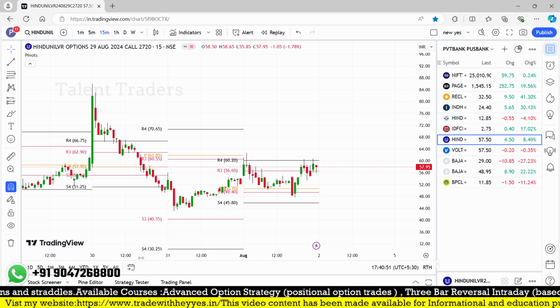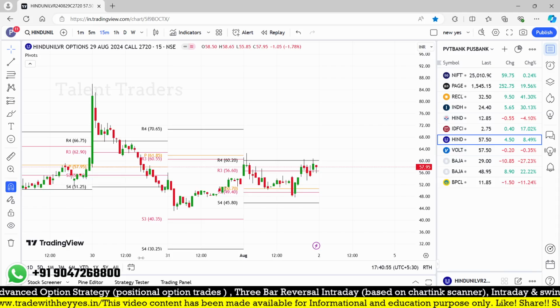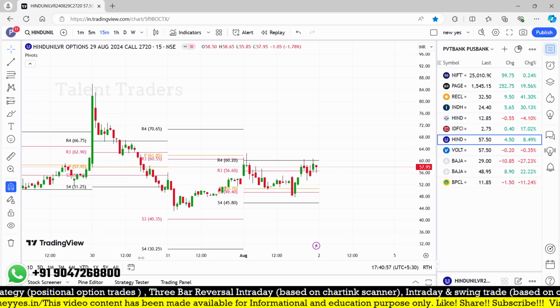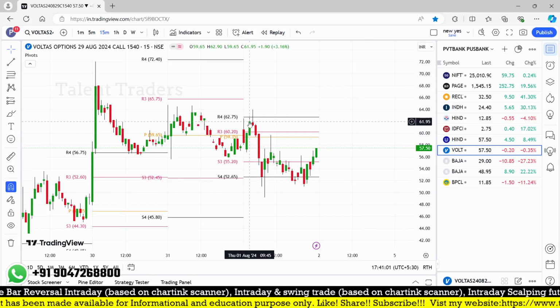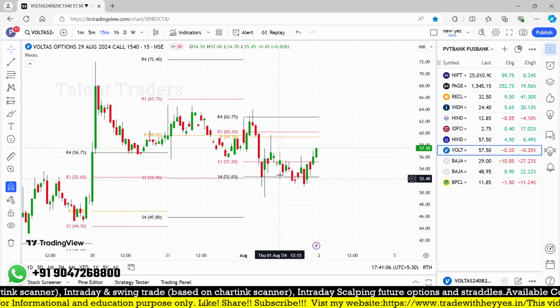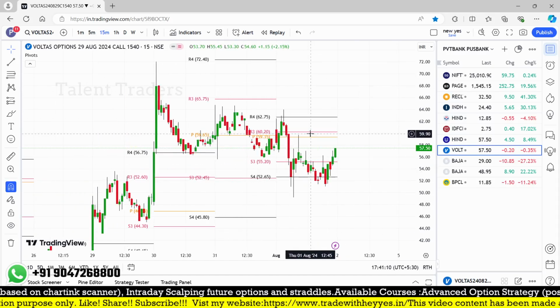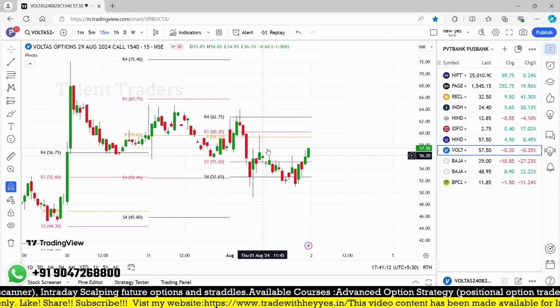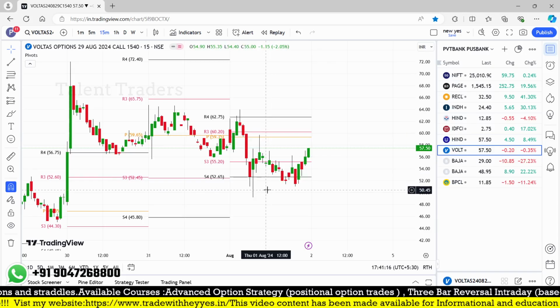But this is purely to filter out the stock options which form an inside Camarilla, and the strike price is ATM. In Voltas, that may be triggered with a stop loss in this case. So it triggers in the second or third candle around 62. Maybe if I'm keeping a stop loss below 52, that got triggered, and we will wind out of this trade. Maybe it is not 100%, but almost 70 to 80%, which is giving you such a good opportunity